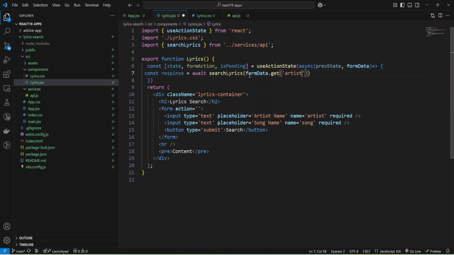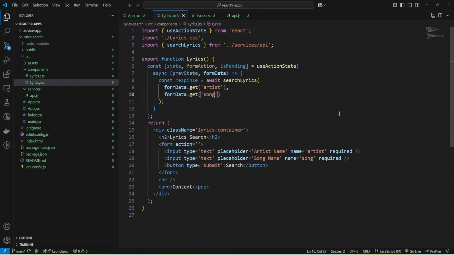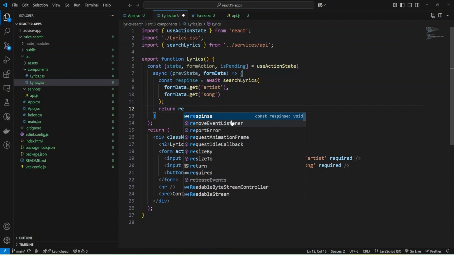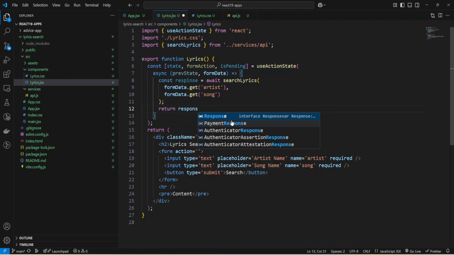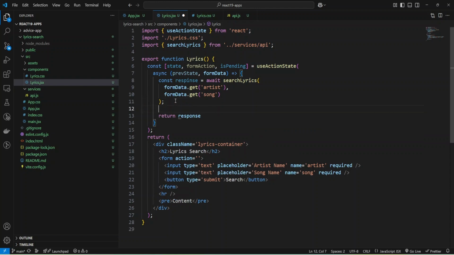Here I have artist, and for the second I can use song. Okay, and now we can return response. And let's do this console log and provide some text, and I'll need to fix response. Okay, and add it to console log.